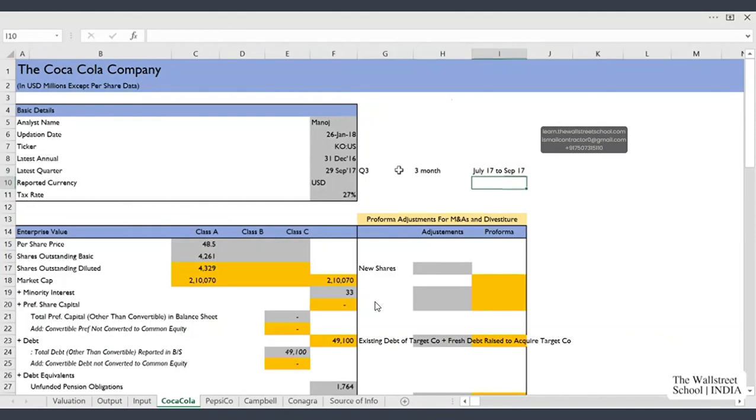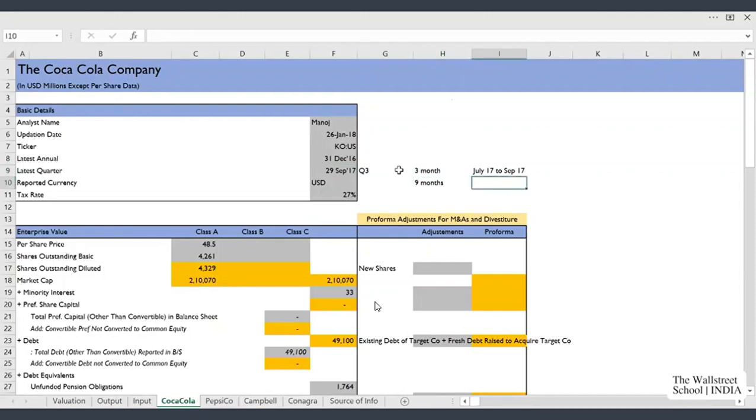Then in the same quarter 3 report, Coca-Cola would have reported 9 months cumulative number. So this 9-month cumulative number is cumulative number for 3 quarters, which is falling in between this annual filing of December 16 and quarter 3 filing of September 17.